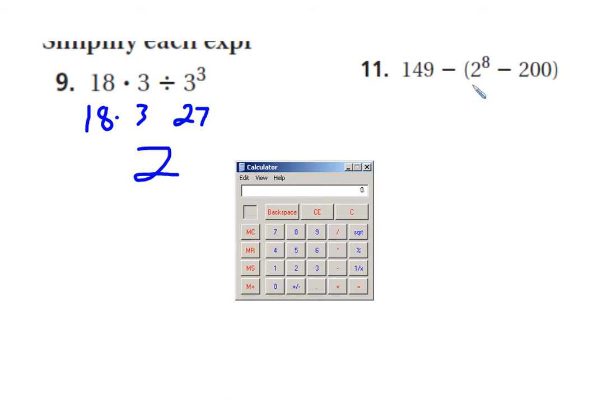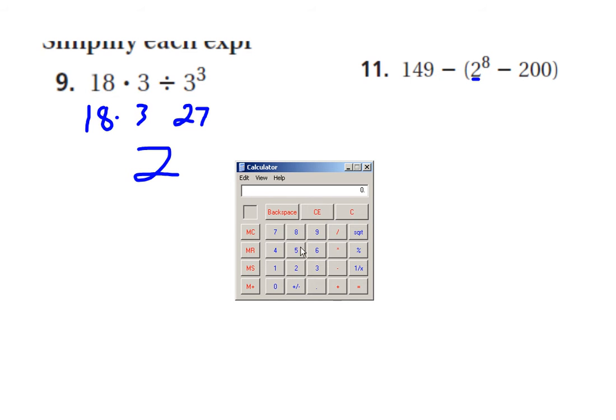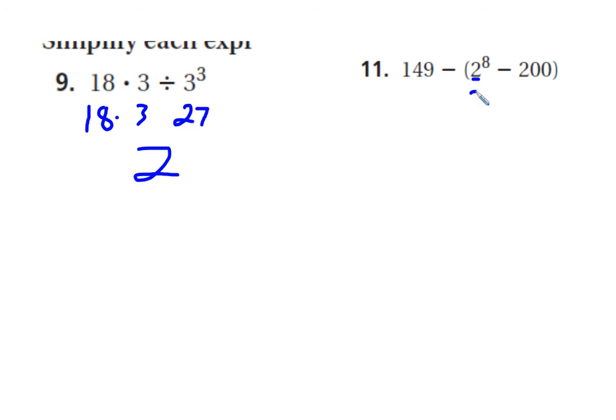I need to do parentheses first, within the parentheses exponents, so I can use my calculator trick. 2 times 2 equals, squared, times 2 is 3, times 2 is 4, times 2 is 5, times 2 is 6, times 2 is 7, times 2 is 8. 256. So 256